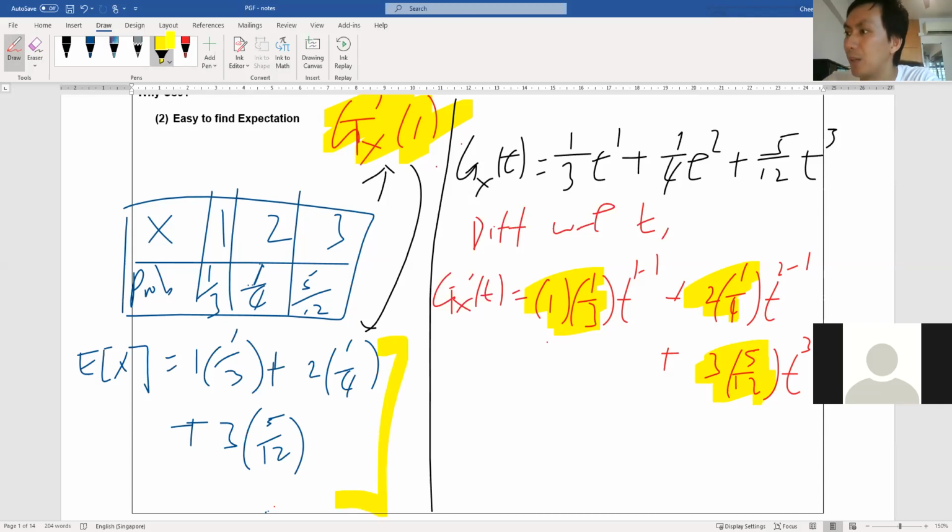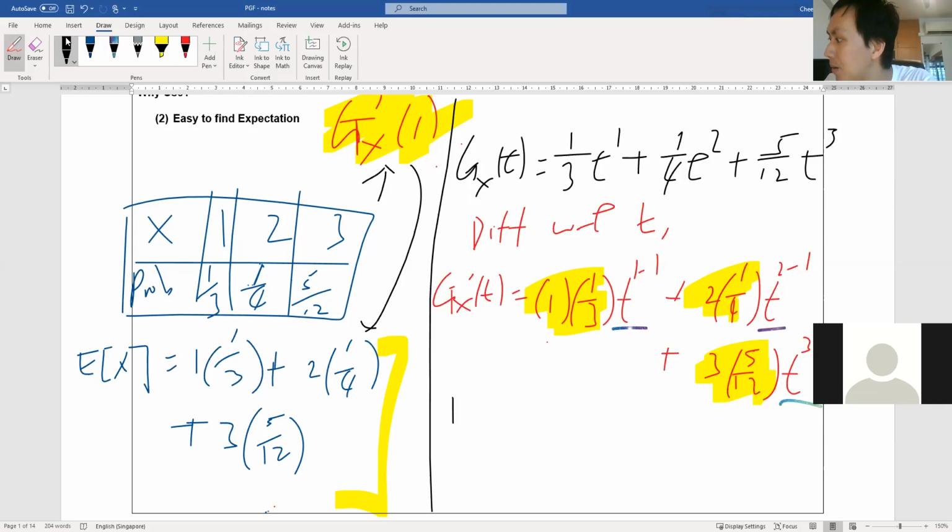So by executing the differentiation process, the power comes down, and power represents outcome, and this outcome is multiplied with the coefficient, which is probability, and the sum of these things creates the expectation formula. So now what's really bothering you is the existence of t throughout. So how do you neutralize its effect? It is to let t be 1 right now. You obviously cannot let t be 0, right? If you let t be 0, everything goes to 0 right now. So if you let t be 1,